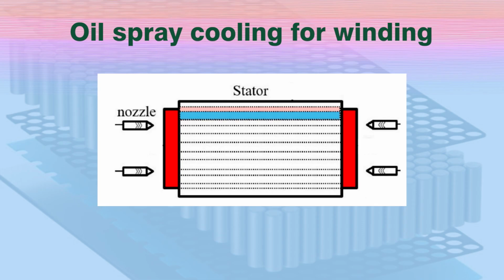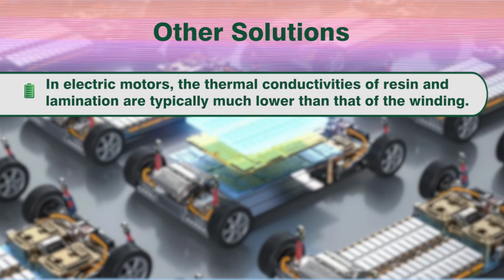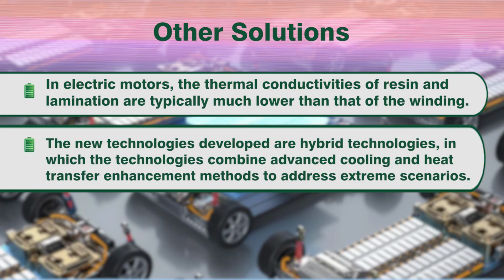So, how is the oil sprayed? It is sprayed through the nozzle into the stator winding, and the oil which is sprayed will reduce the inner temperature of the windings. The other solutions that are available include improving the thermal conductivities of resin and lamination, and the new technologies that are developed are hybrid technologies in which the technologies combine advanced cooling and heat transfer enhancement methods to